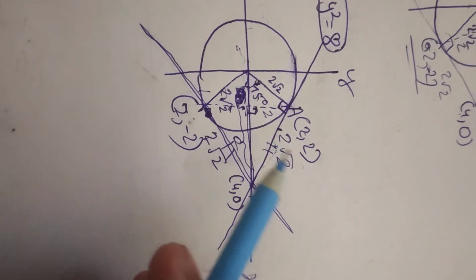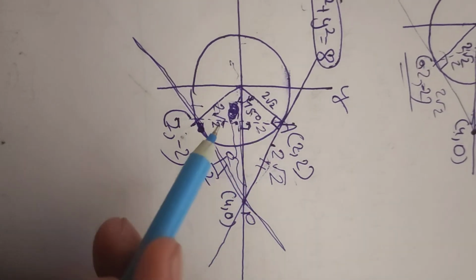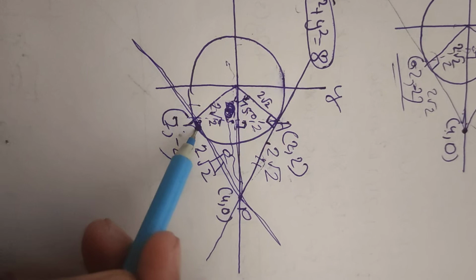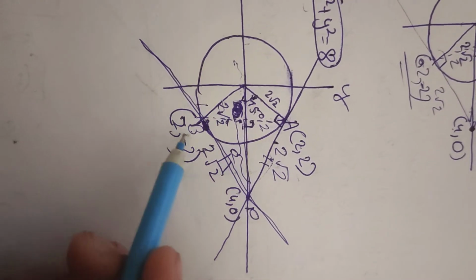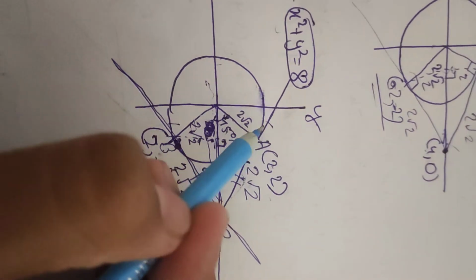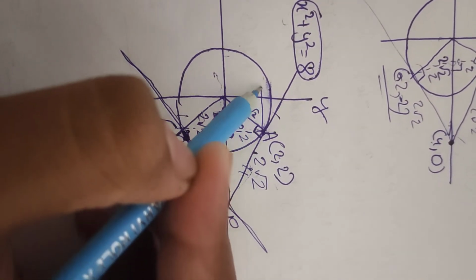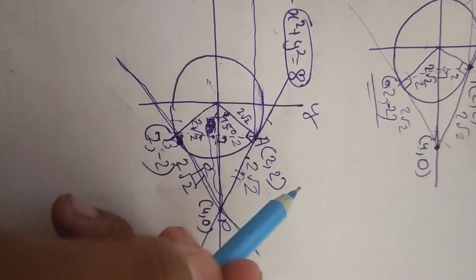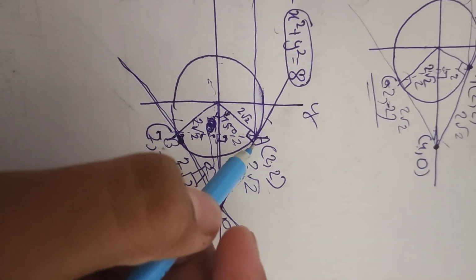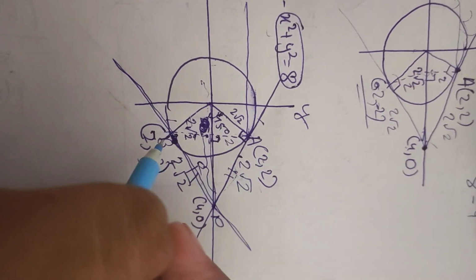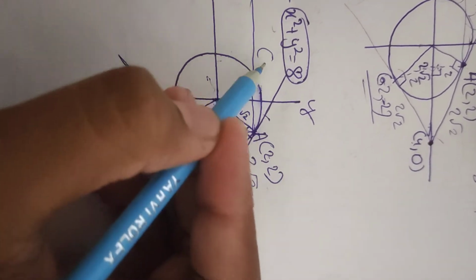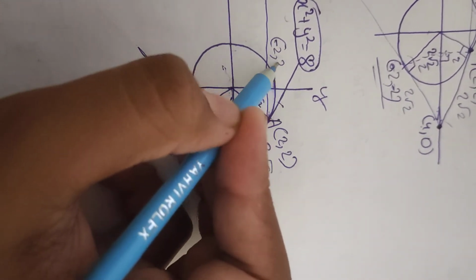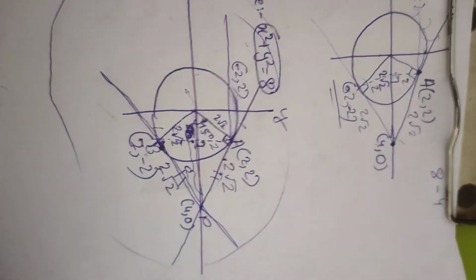2 plus 2 is 4, and the question is given that B is the point on the circle and AB is equal to 4. So here we can see that AB is 4, so B would be here, and obviously the coordinates of B are 2 and minus 2. Also there will be another point from here, as you can see, like this. By symmetry we can say this: if this is 2 and minus 2, it would also become negative of x, because we are moving along the x-axis, so it would become minus 2. So this was the geometrical method to do that.